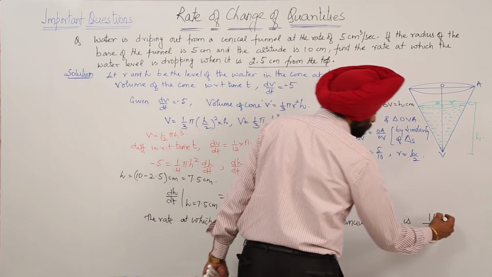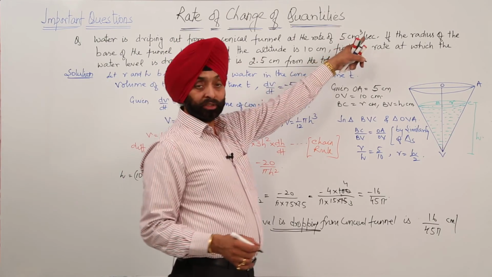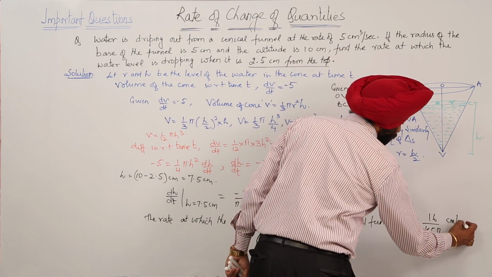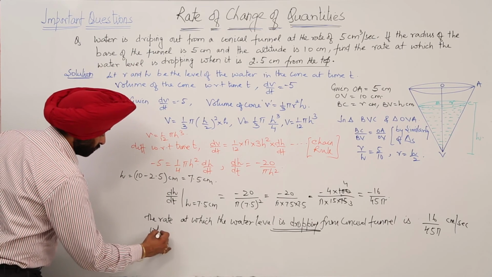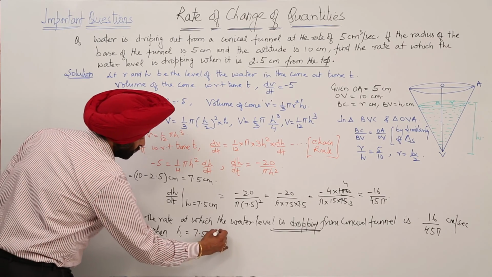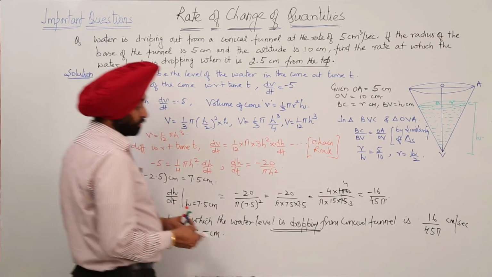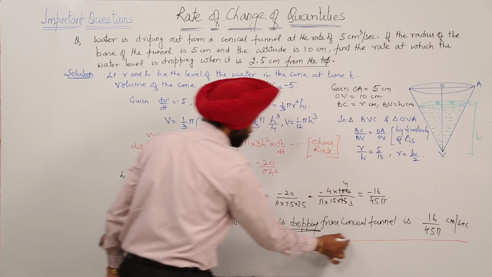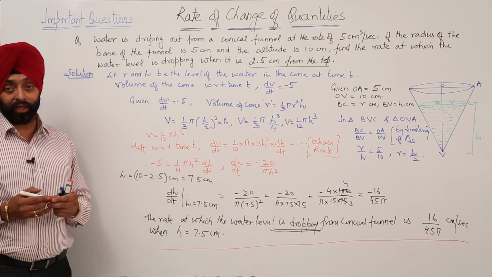It is centimeter per second, since earlier it was centimeter cube per second, when h is equal to 7.5 centimeter. So this is basically the answer for your question. Okay, so this is the answer, like this, with the help of a neat and clean diagram, you can